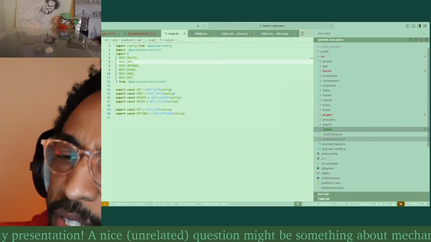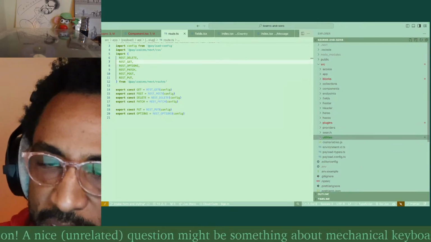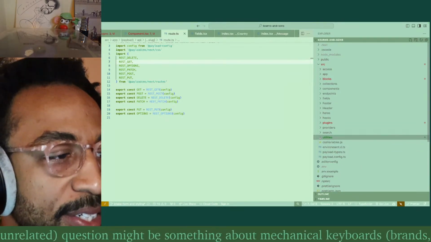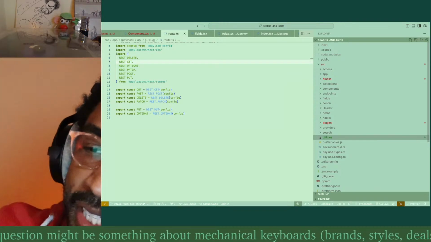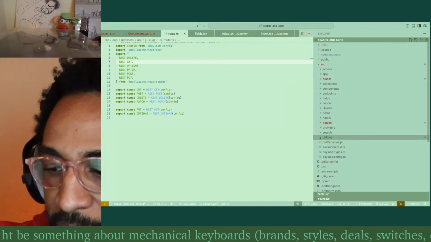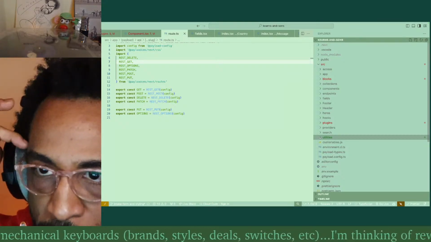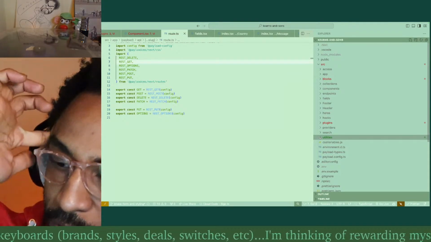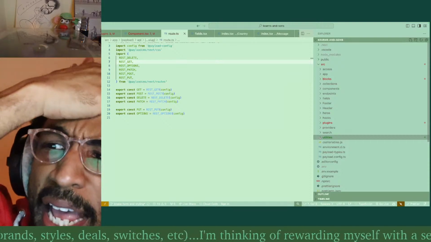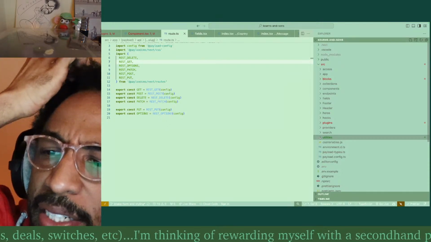I happen to be using a template from Payload, what they call the website template, and I've made a few modifications to it, and I will continue to do so. But out of the box, you get